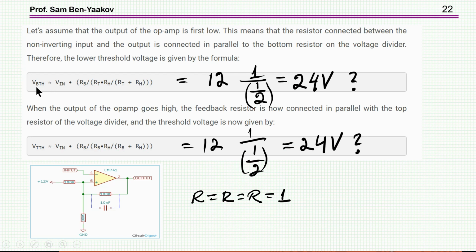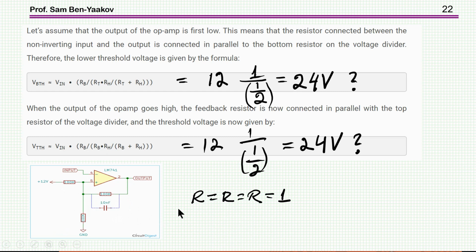Here is the threshold for the high and low threshold, and here are the expressions. Unfortunately, we can't identify what R sub B and R sub H are because they are not marked on the circuit. So just to check to see if it makes sense, in this equation, I've set all these resistors